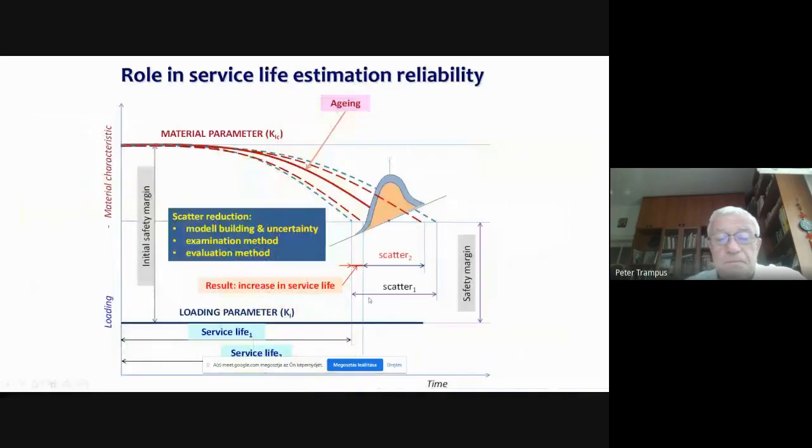And if we want to reduce the scatter of this aging process, we need examination methods, we need evaluation methods, we need model building. So this is the room to improve the estimation reliability, and it can result in an increase in the service life if we have this target in our nuclear plant.